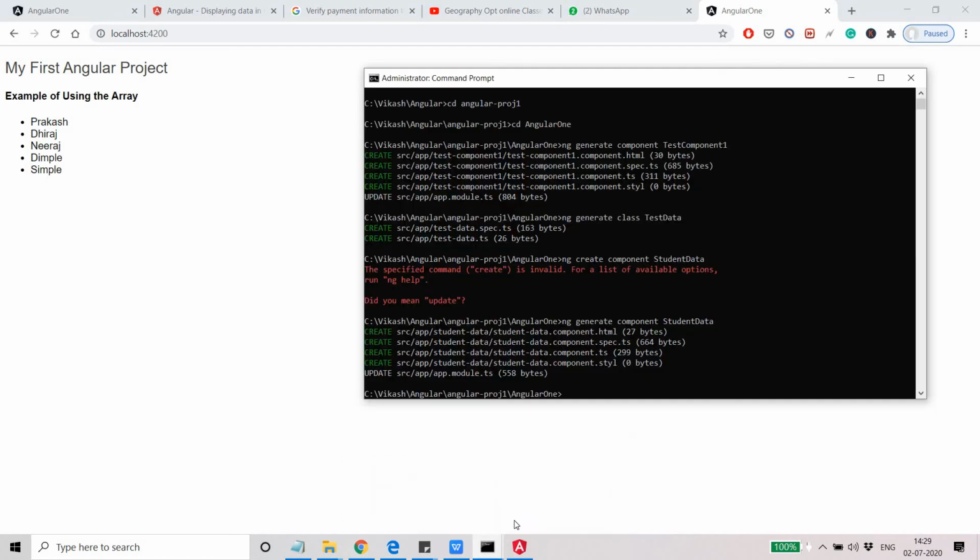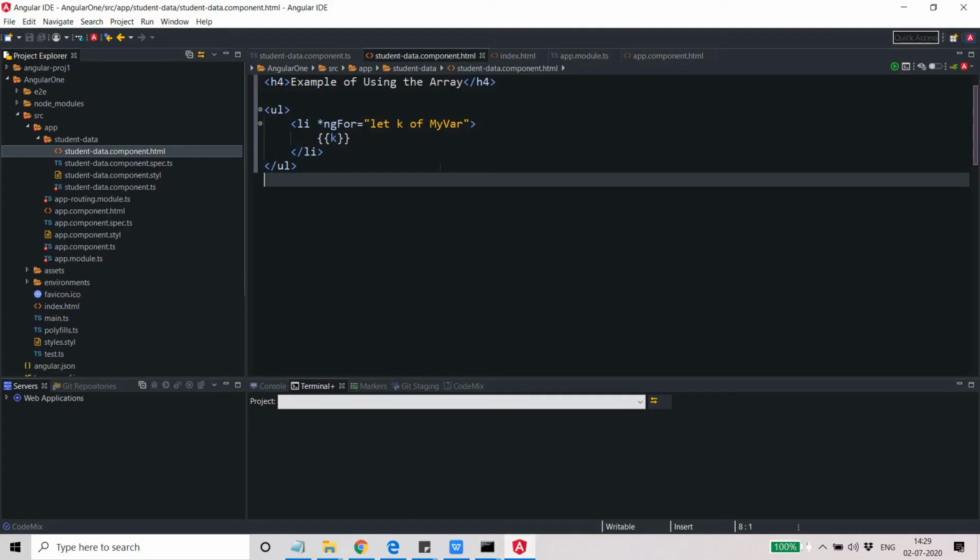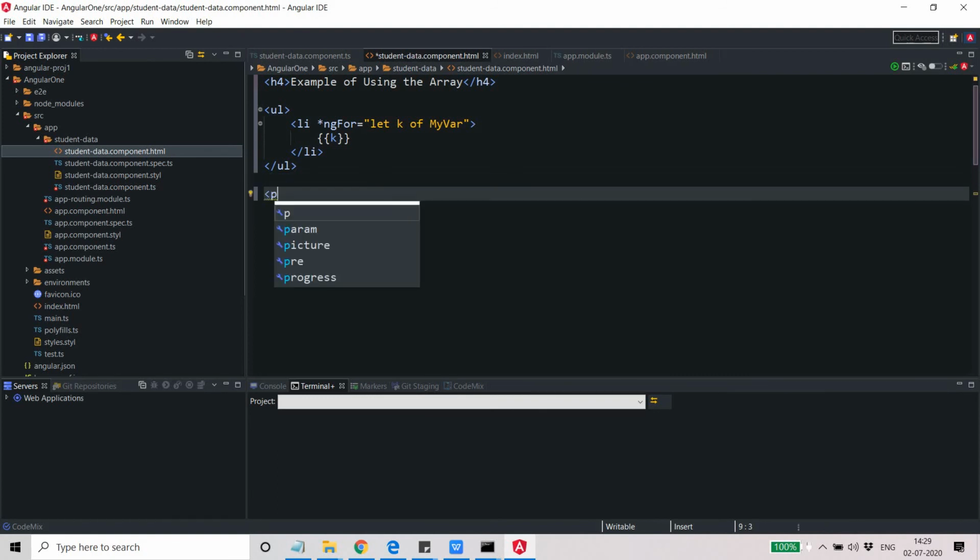You need to remember this directive because you will use it in your applications very often. And apart from that, we have one more directive. Suppose I want to use it in the paragraph, so that directive is ngIf. This is a conditional directive.